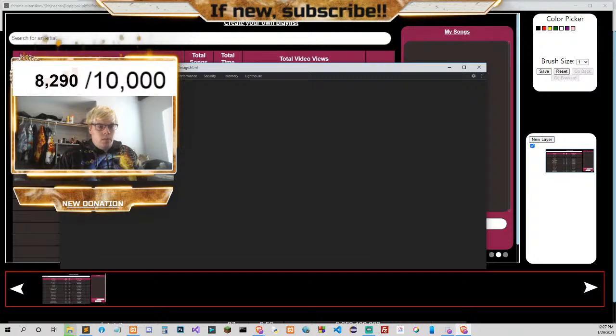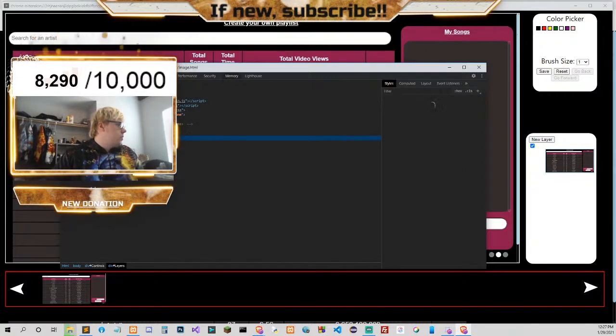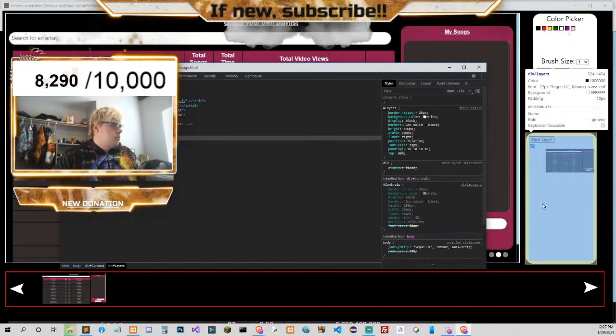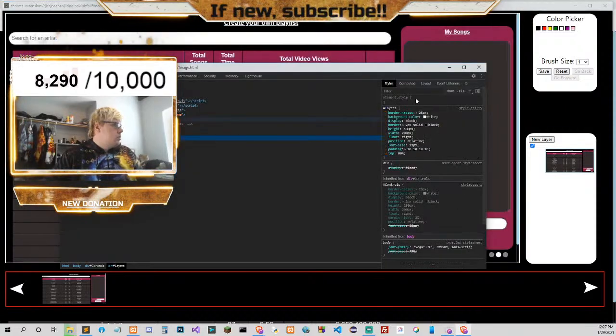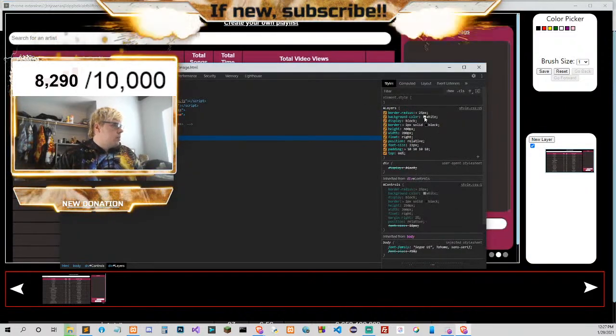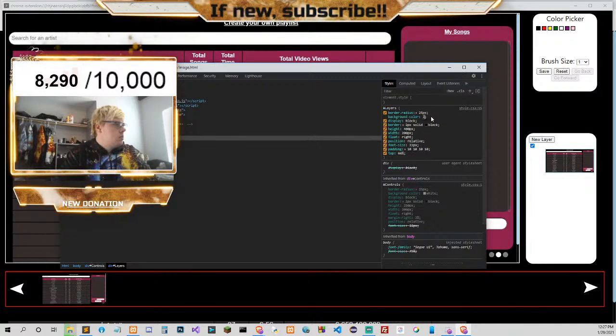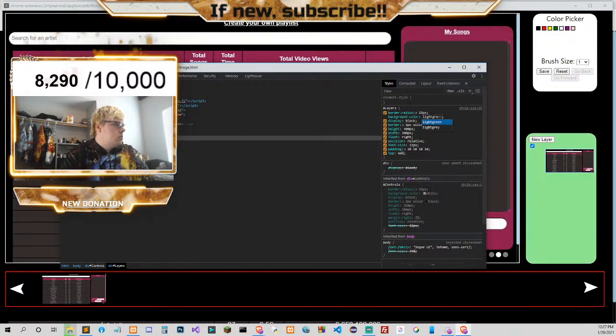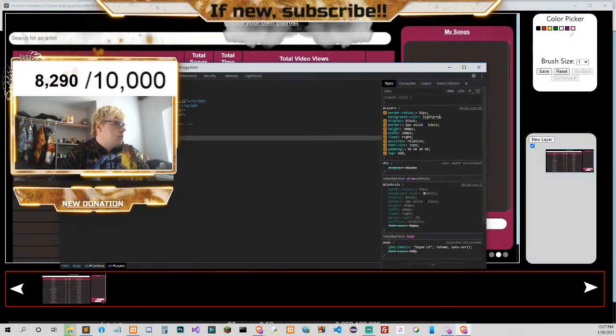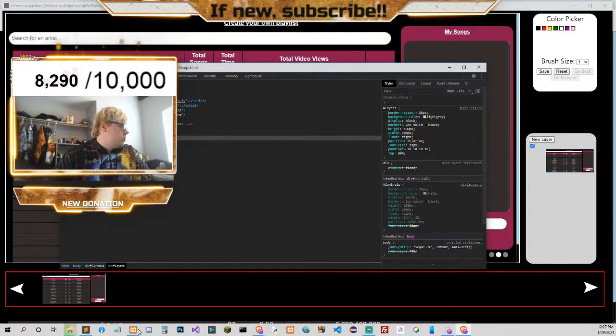Because I'm going to fix the background of this because I don't want it to be white. Let's make this light gray. Is it like that? Yeah. Let's make it light gray.